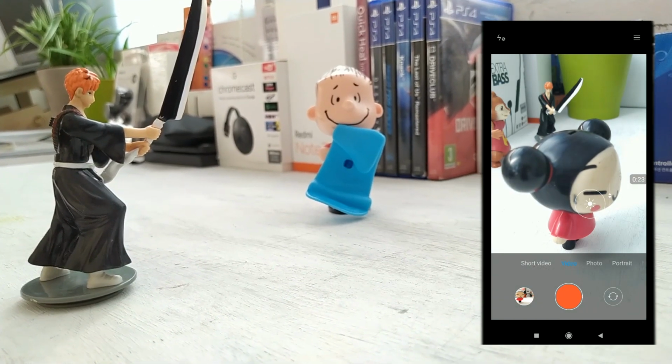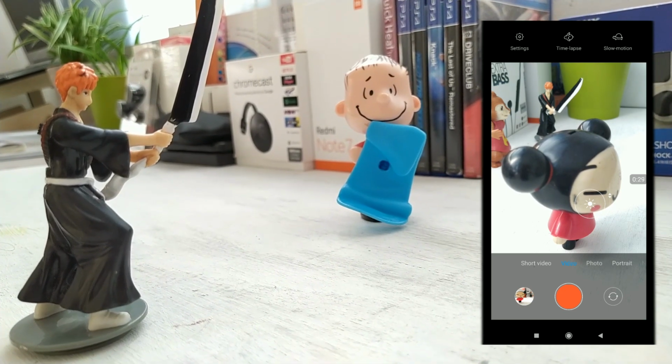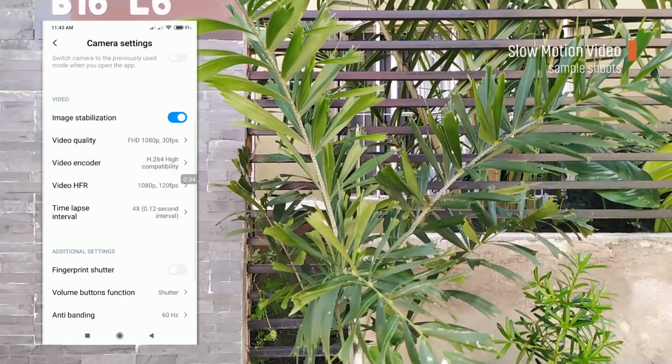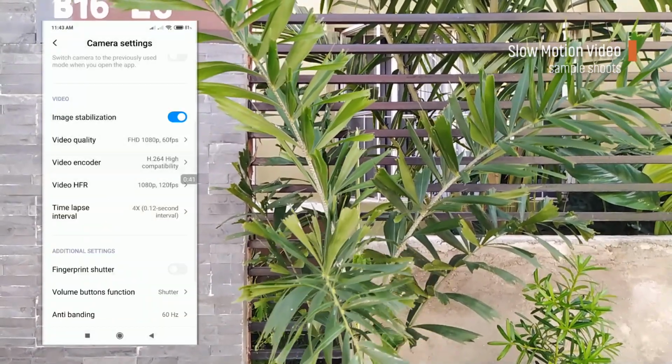And for the video, you can shoot 1080p at 60 frames and 30 frames per second, and 720p at 30 frames per second. You can also shoot